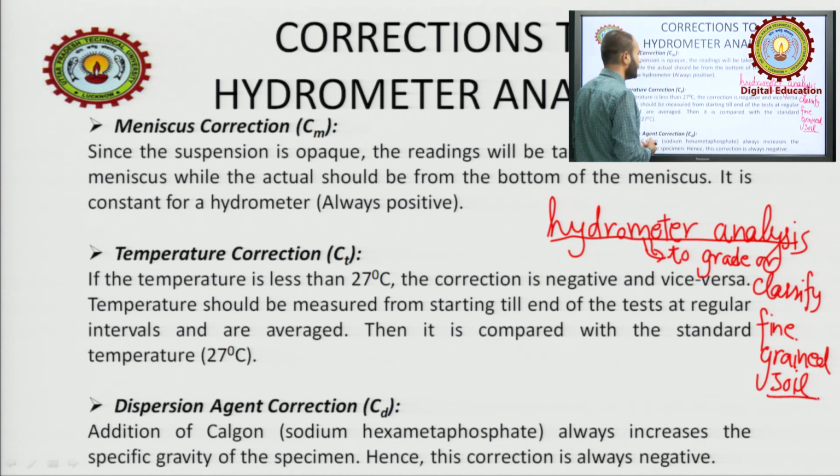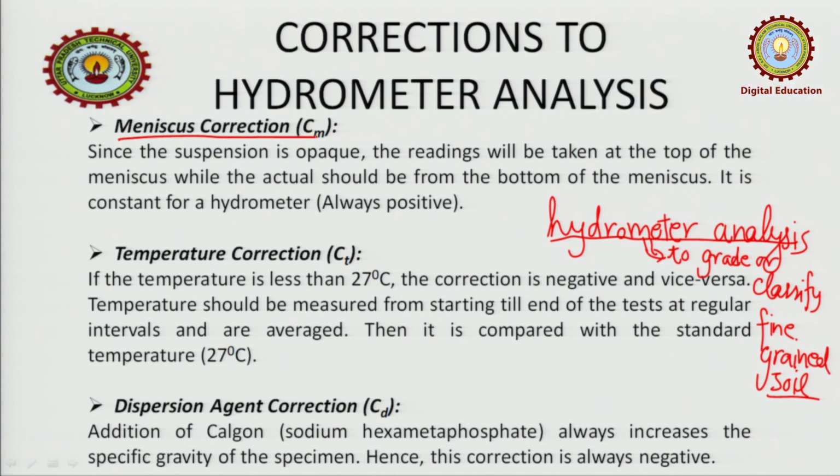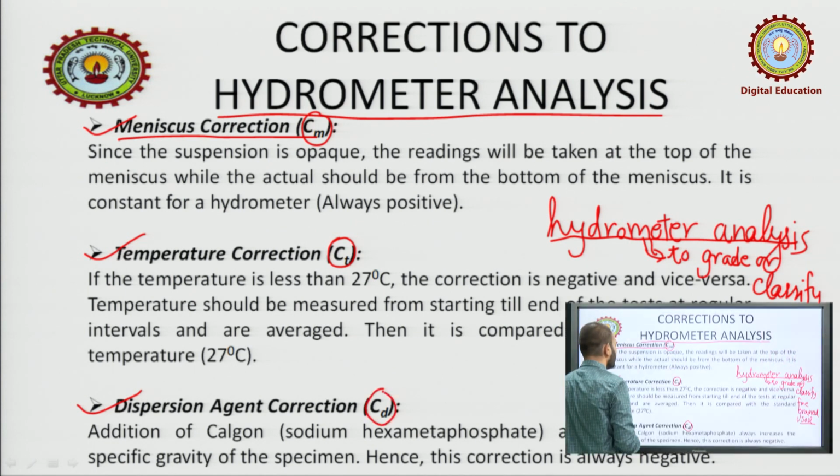So, there I also had told you about the meniscus correction. Okay, if you can recollect that. Besides that, in this analysis we have three main corrections. One is the meniscus correction, one is temperature correction and one is dispersing agent correction. Okay, CM, CT, CD. Now, what are these? Actually, meniscus correction, if you remember, I have told you,